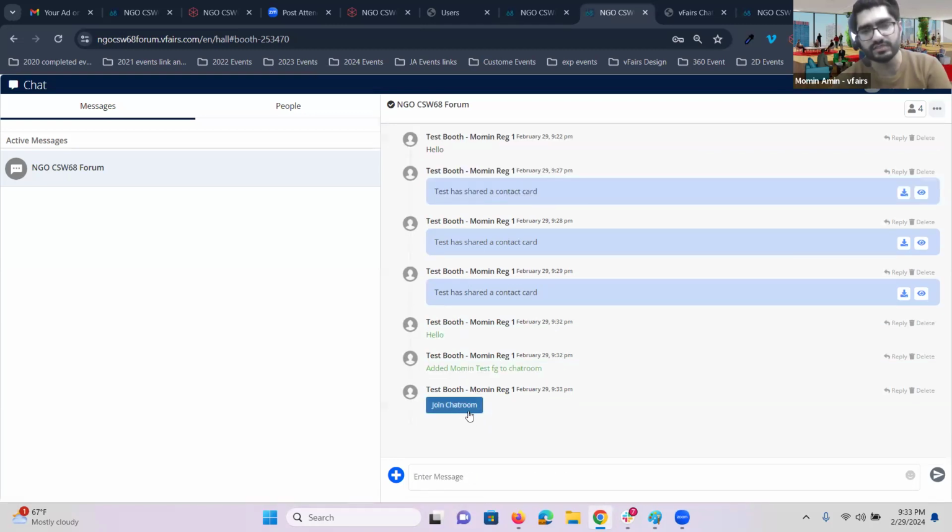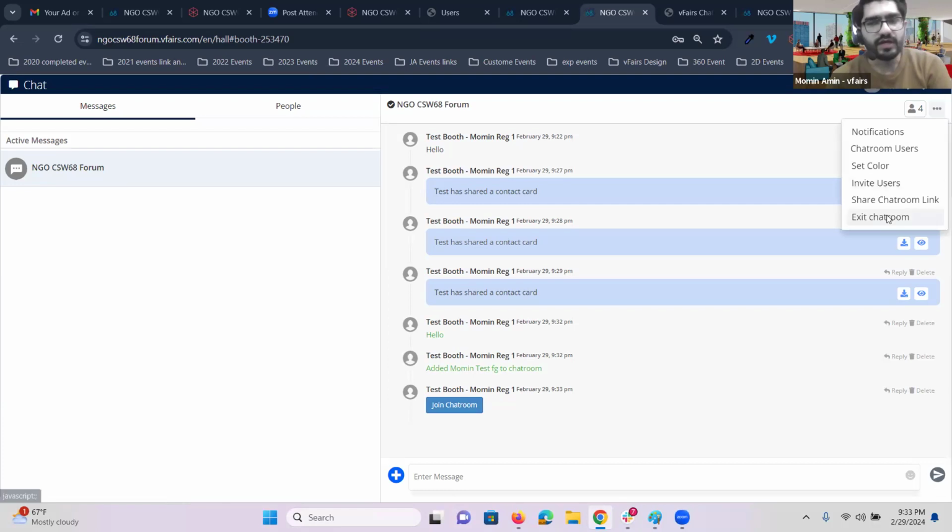And that person will see this option, like join chat room. When they click on it, they are straight away redirected to your booth chat room, and they can see all the communication, and they can participate accordingly as well. The very last option we have is exit chat room. So if you would like to close it,